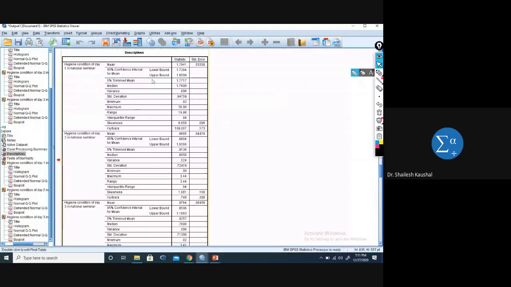And 5% trimmed mean. Trimmed mean means it cuts the 5% cases, meaning two extremes, 2.5% right hand side and 2.5% left hand side, and after this the mean value is 1.77, median value, variance,